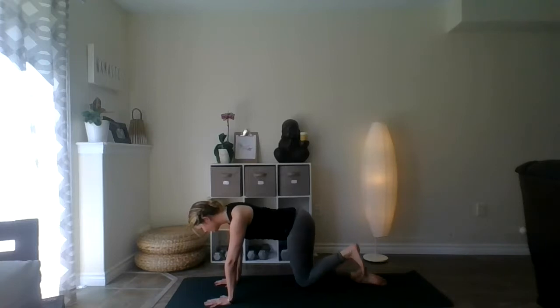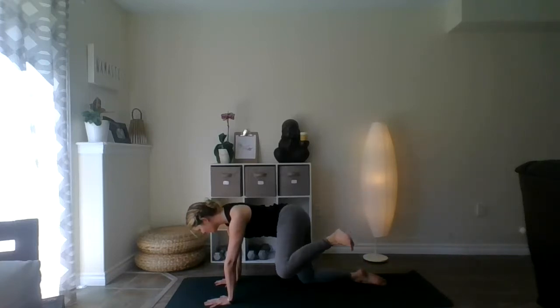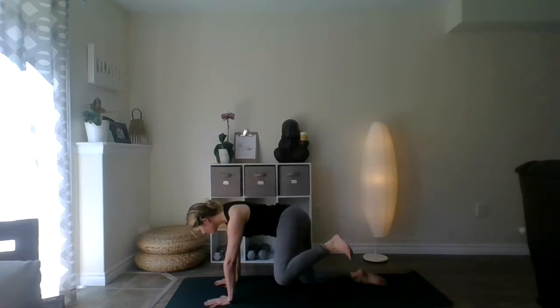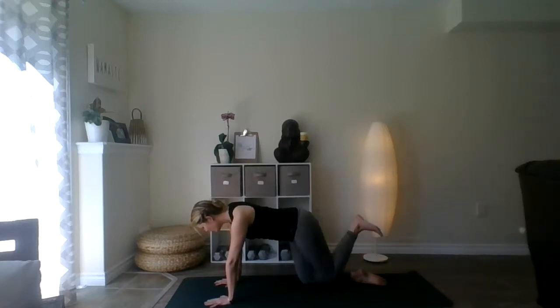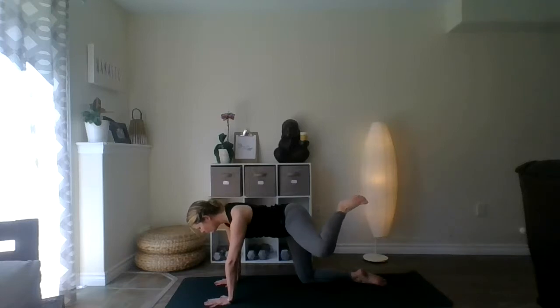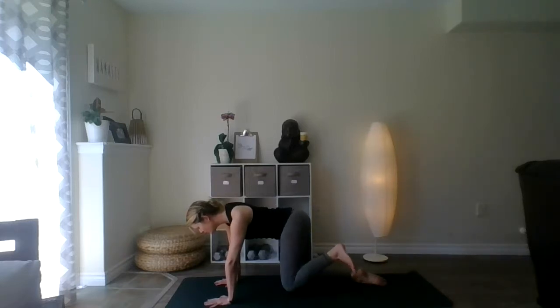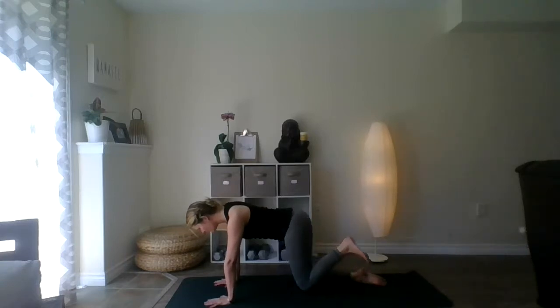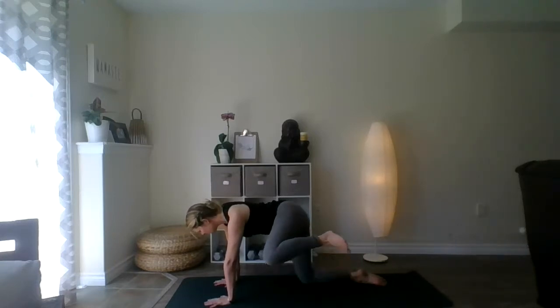And then maybe flexing through the foot, avoiding any weird feelings through the foot. And notice if you're trying to come up more and put weight more into one hand than the other. See if you can evenly distribute the weight through both hands. And we're going to reverse the circle. Inhaling